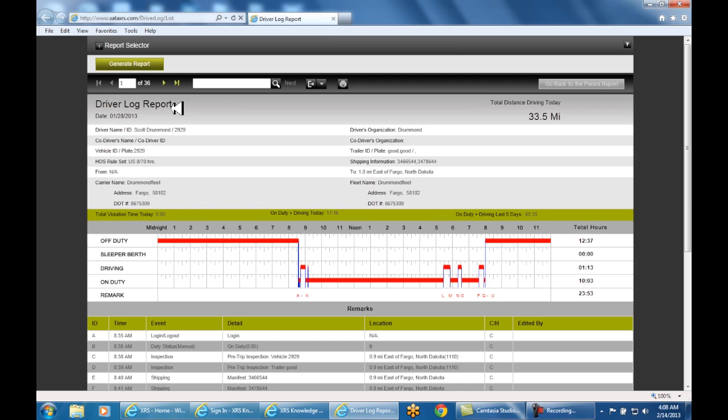Now as far as the driver log report, underneath where it says driver log report, there's the date of the particular day we're viewing. Over on the right here we have total driving distance today. And then working from left to right, it's going to show the driver's name associated with the log, the organization, co-driver's name, and then to the right, co-driver's organization, the vehicle ID associated with this log, and if you had